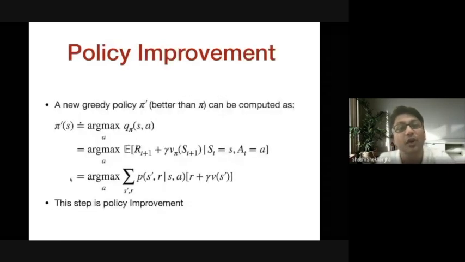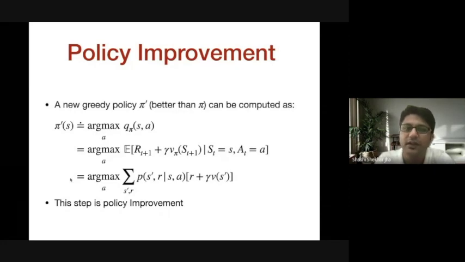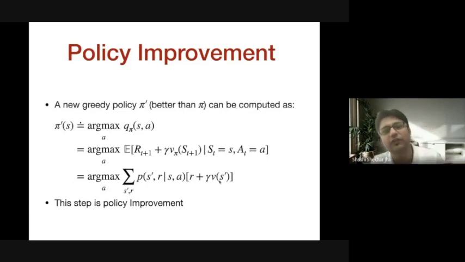Then we go into policy improvement. What happens in policy improvement? We construct a new policy. How are we constructing the new policy? We just choose the action wherein this whole summation is maximum. Using the value functions that we found in policy evaluation, we plug them into this equation.